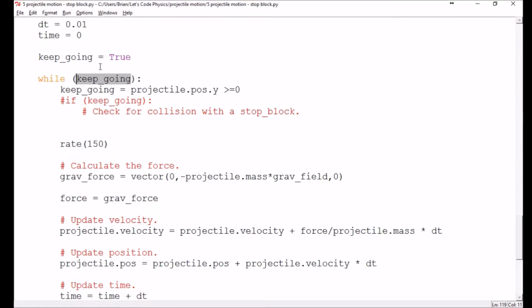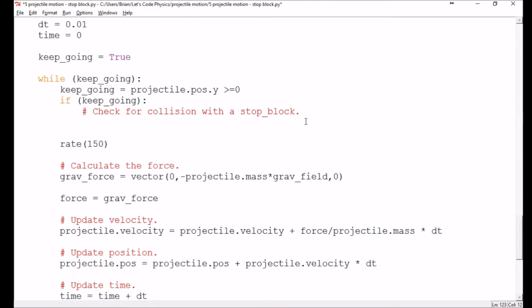So keep going is going to start out as true, and while we keep going, then we're going to keep going. And so keep going is going to turn to false if projectile.pos.y is ever less than 0. So once it passes the ground. And I also want it to turn false if the projectile collides with a stop